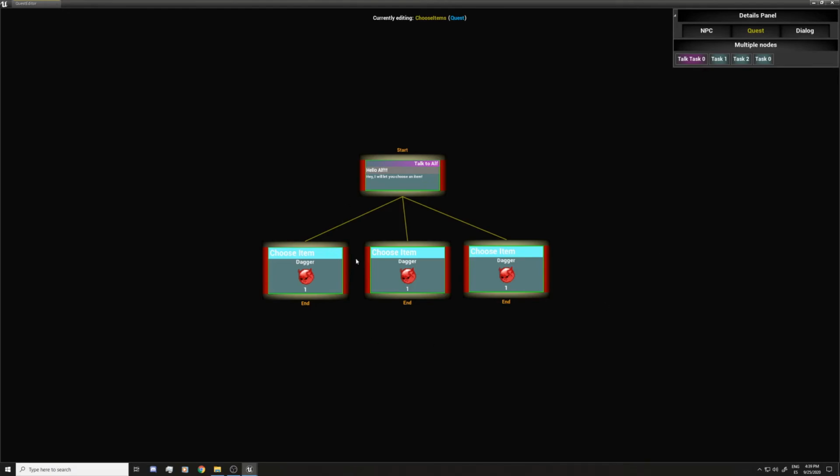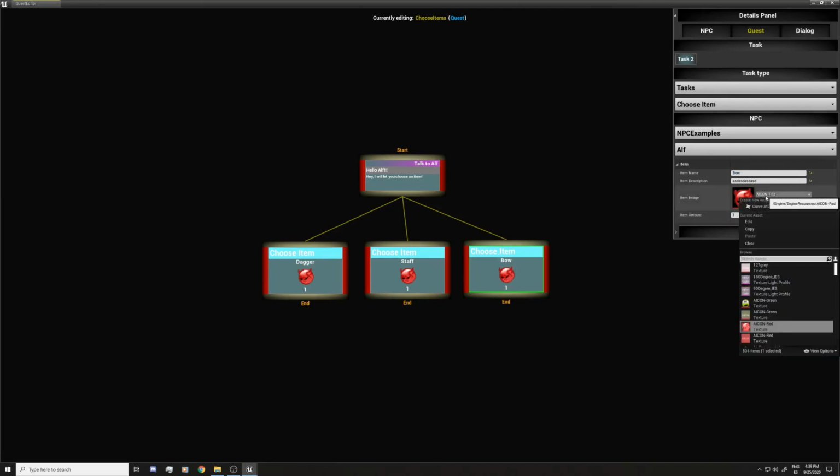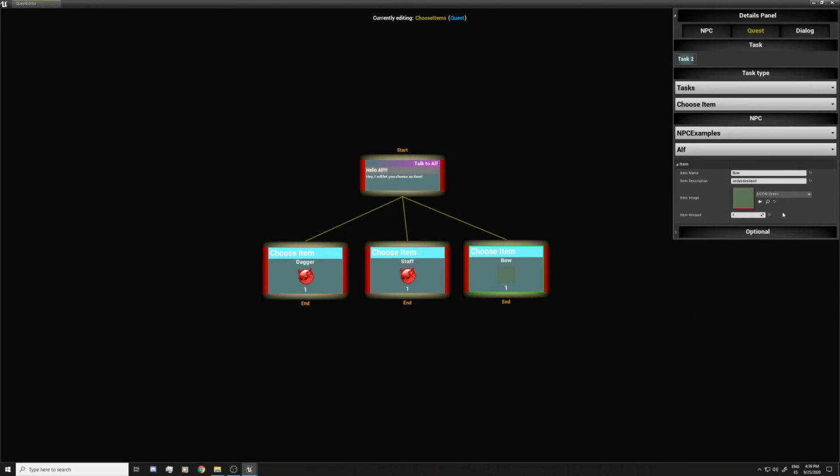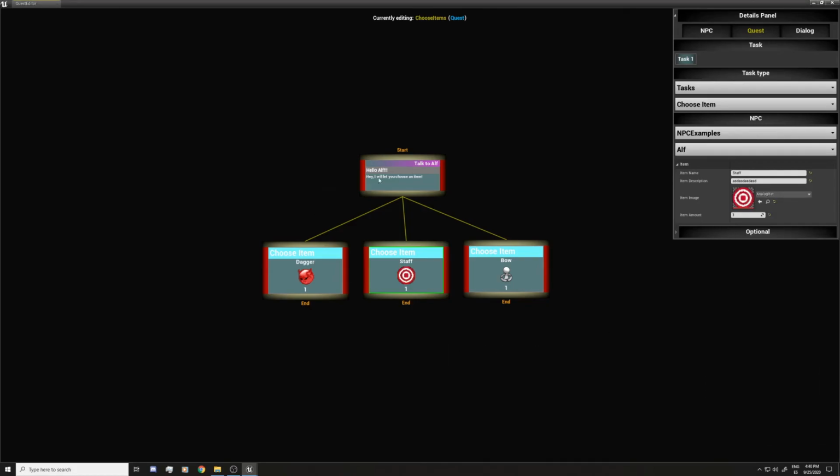If I select all of them and press B, it's gonna connect them like that. And I'm gonna change this to staff, and this is going to be the bow, and I'm gonna change the icons like that, and this one.